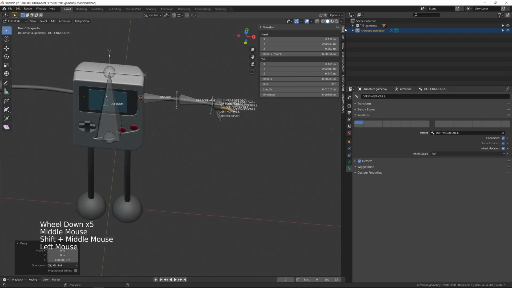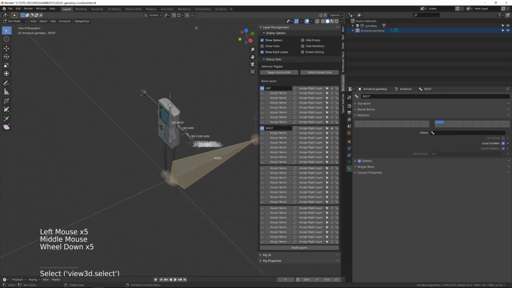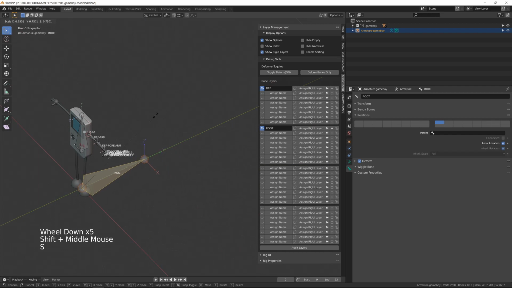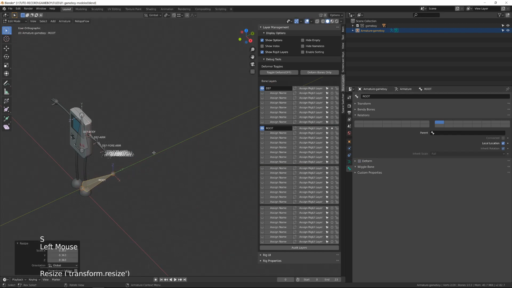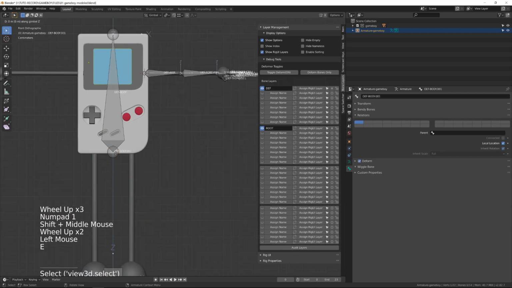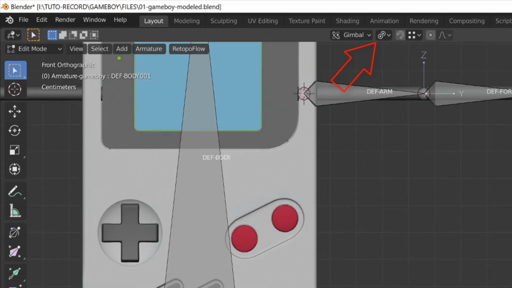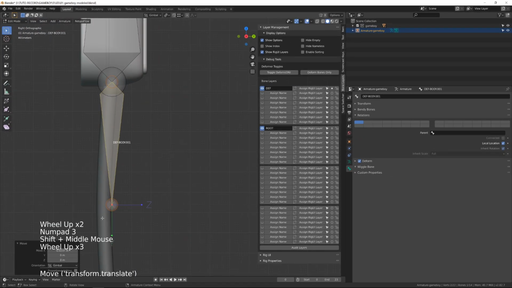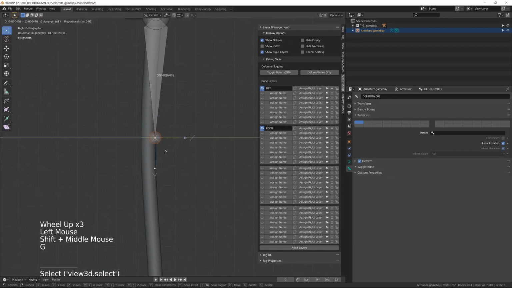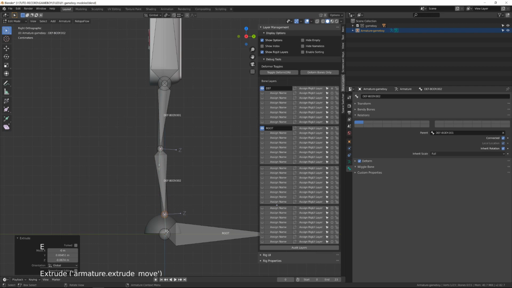Then I will go back into the bone layer manager, hide the root bone and scale it down to make sure that it fits the size of our character. It doesn't matter if it's 10 times bigger, it's just a matter of visual display. Note that I'm using individual origins while rigging. Most of the time this is the best choice because it will allow you to scale the bone from the tail to the head.